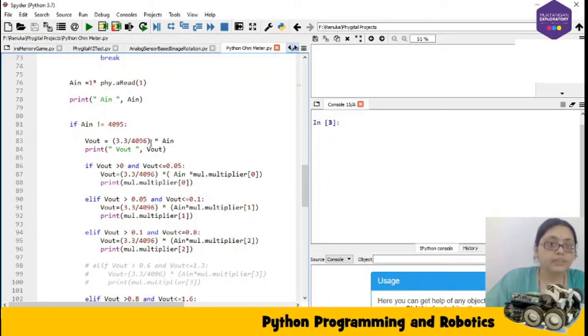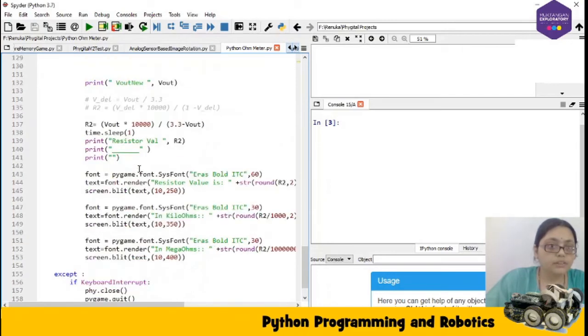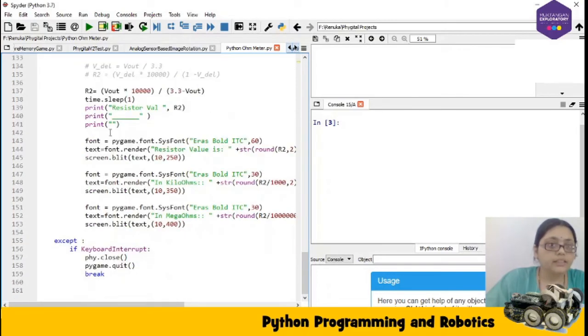So to calculate Vout we'll require this. So we are going to calculate the Vout, and with this Vout we are going to calculate the resistor value R2 based on the formula that we have seen earlier. So this is the 10K reference resistor R1 value.